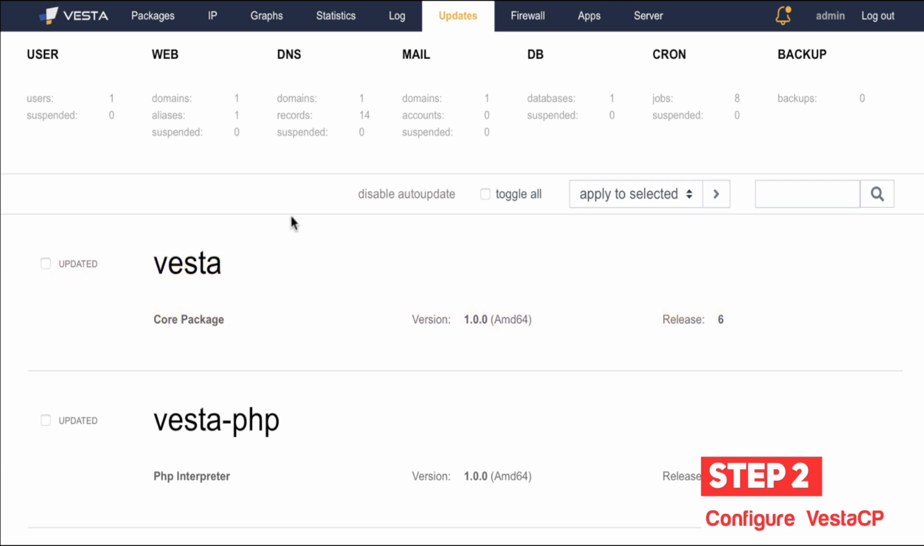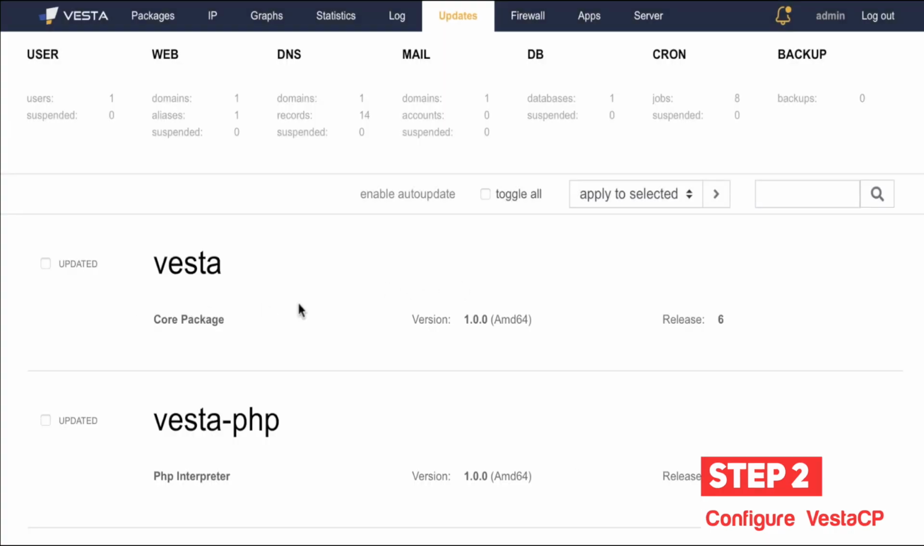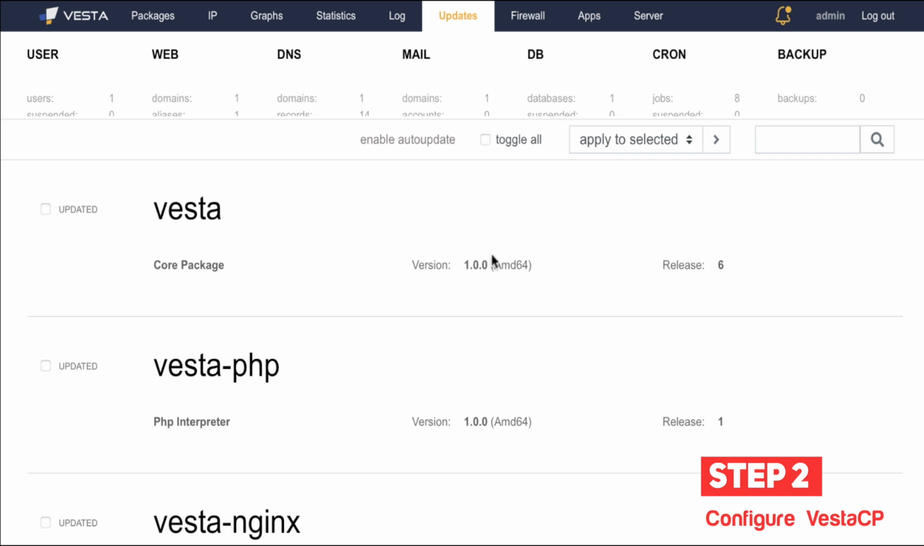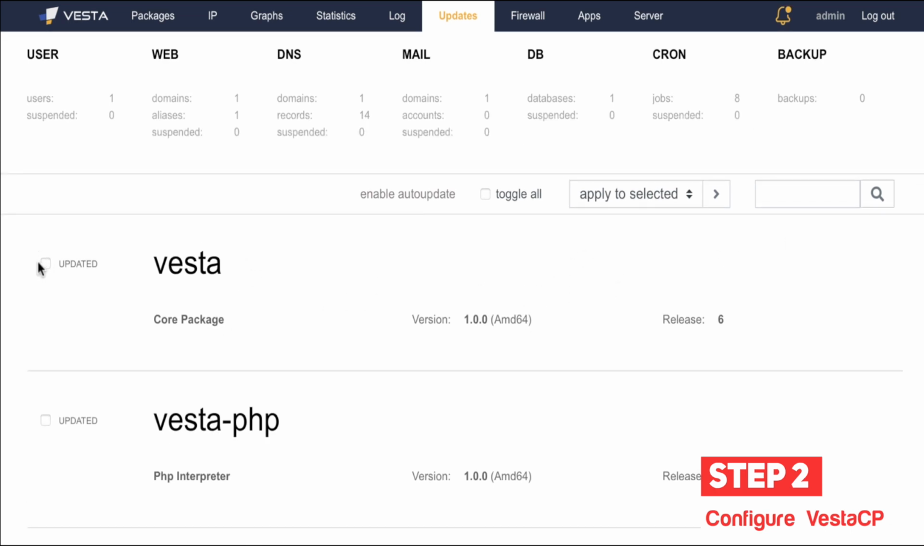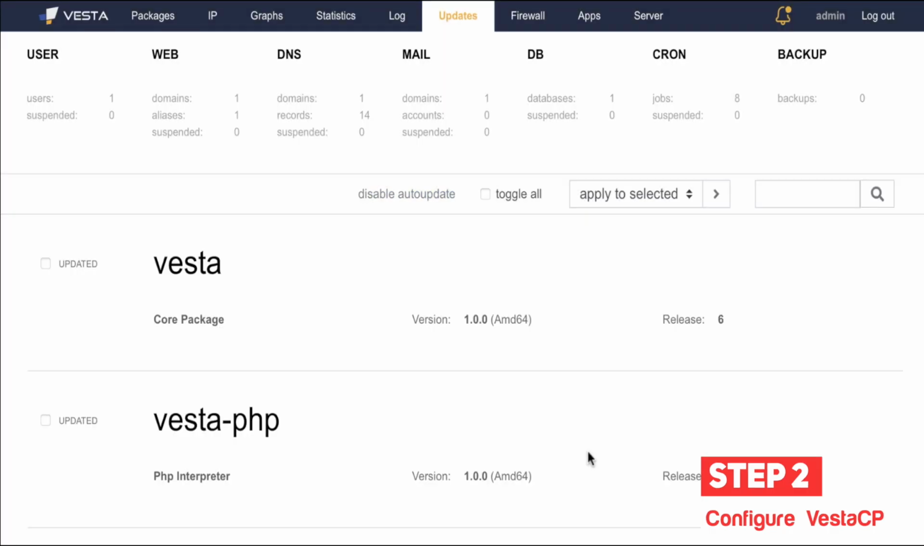And if you want auto update, it's already enabled by default. If you want to disable that, just click on disable like this, so auto update will be successfully disabled. Here you will get all the versions and releases, so you just need to come here and update manually. And if you want to enable auto update, just click on enable auto update, then it will update